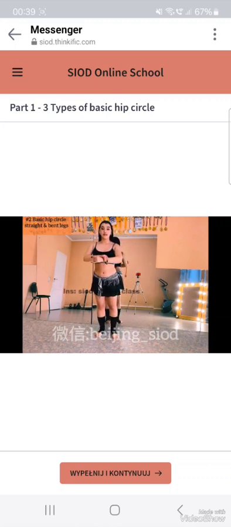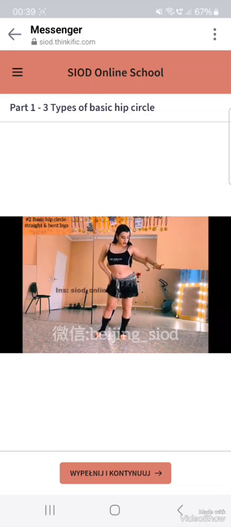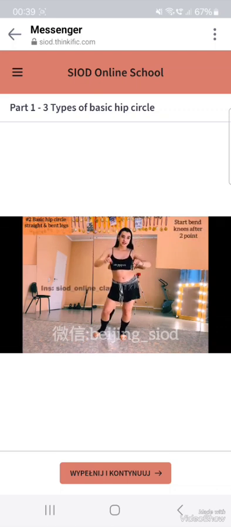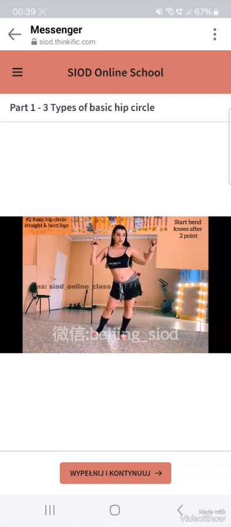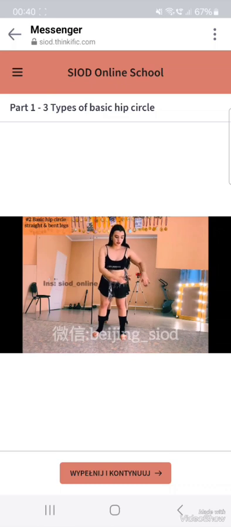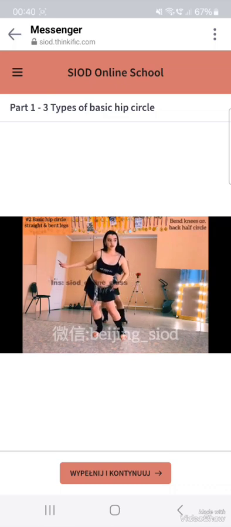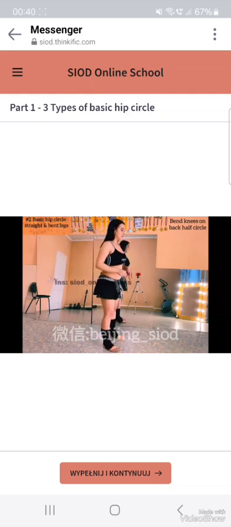Let's do now step by step. Move down part of belly to the front, then go to the left leg and stretched left hip to the left side. And now take care. We will move our hips back, and in the same time we will go down and bend our knees. Now our hip in left side, now we will move it to the back, and in the same time our knees will bend. You know, it means like all back movements from back, we will do it by bending knees. So look,